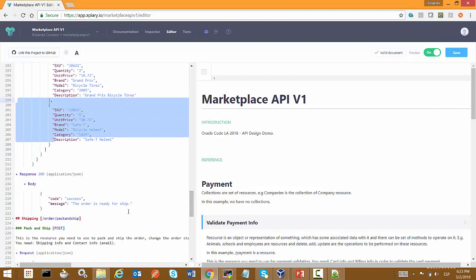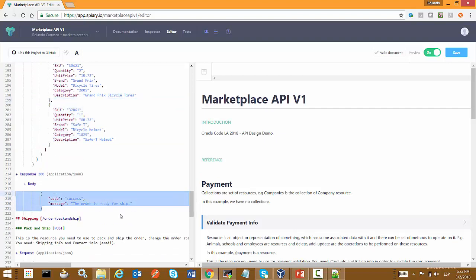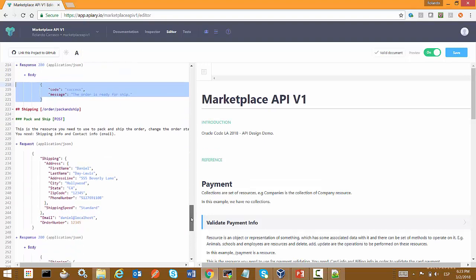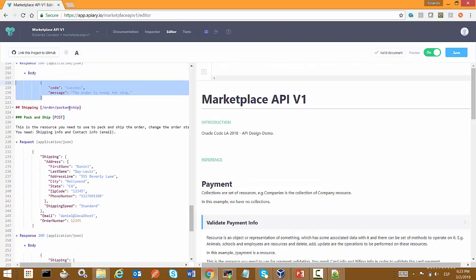As a response, I'm going to send a message indicating that this order is ready for shipping, for example. And finally, I will need a resource to select a shipping provider, an external provider, in order to ship this order to my final customer.